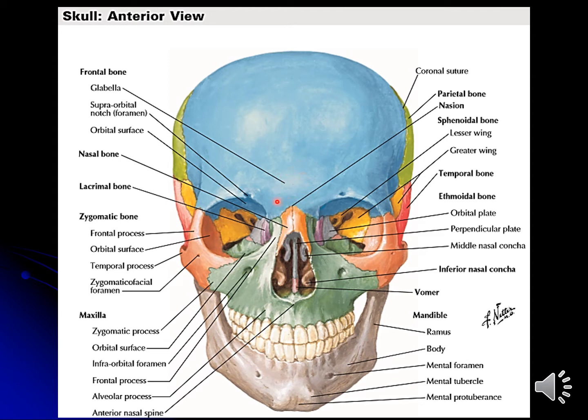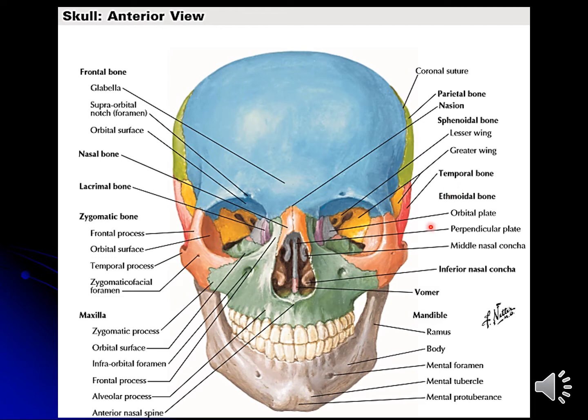Which are those bones? The frontal bone, maxillary bone, then we have over here inside deeply ethmoid bone, and also deeply in the other view I will show. Here we can see this yellow colored bone which is known as sphenoid bone. So sphenoid, ethmoid, then we have frontal, maxilla, and also the part of the temporal.